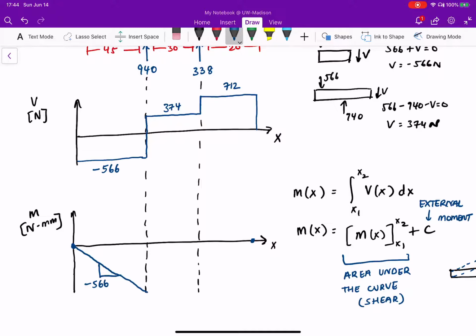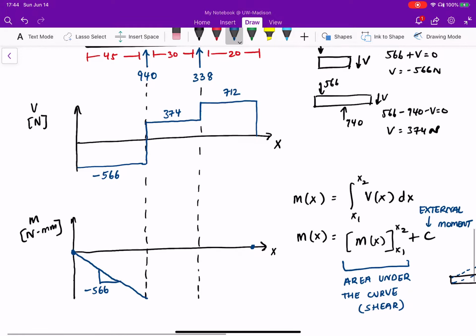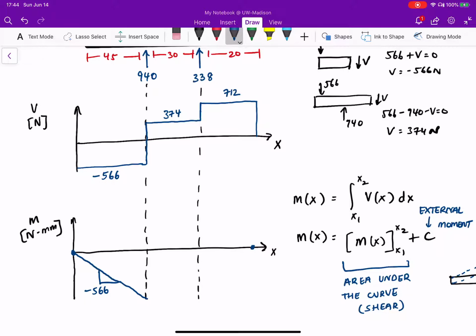right? A horizontal line in the shear means a sloping line in the moment. A sloping line in the shear means a parabolic line in the moment because you're integrating, right? So you basically increase the order of x. So we slope at a rate of negative 566 for a distance of 45 millimeters. So that value is 566 times 45, which is 25,470